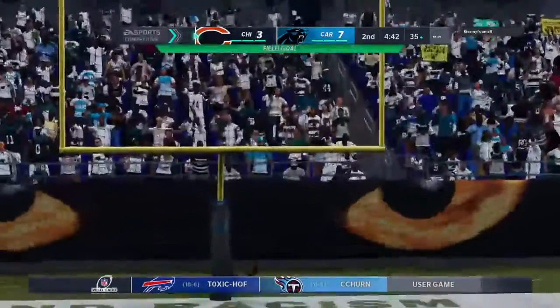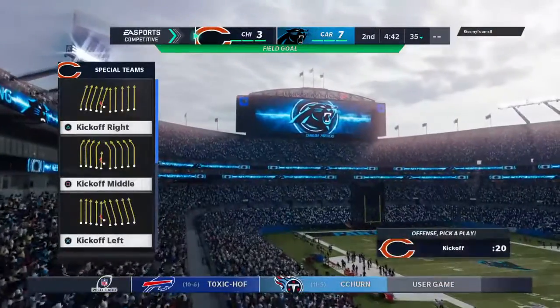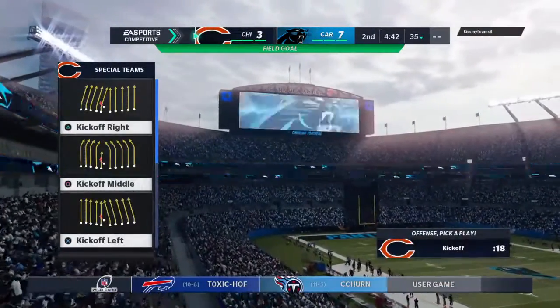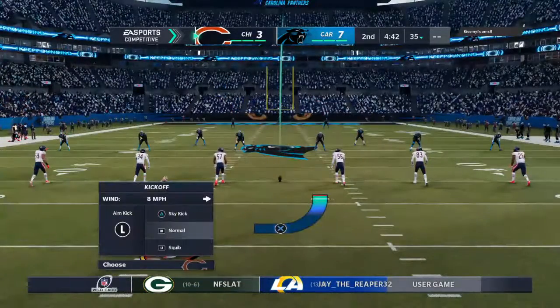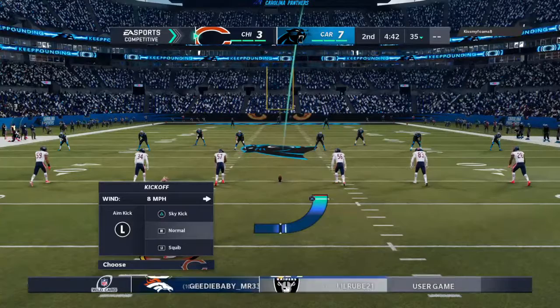And the 38-year-old vet able to split the uprights. And they are on the board, but still trailing. It's 7-3. So, yes, it's only 3, but at least they're able to answer back after giving up the touchdown